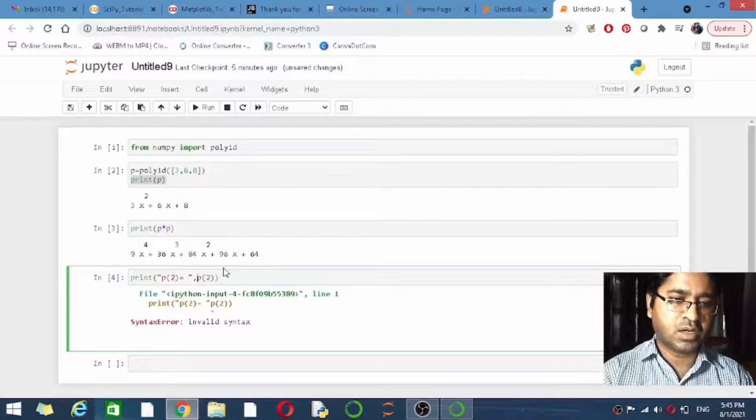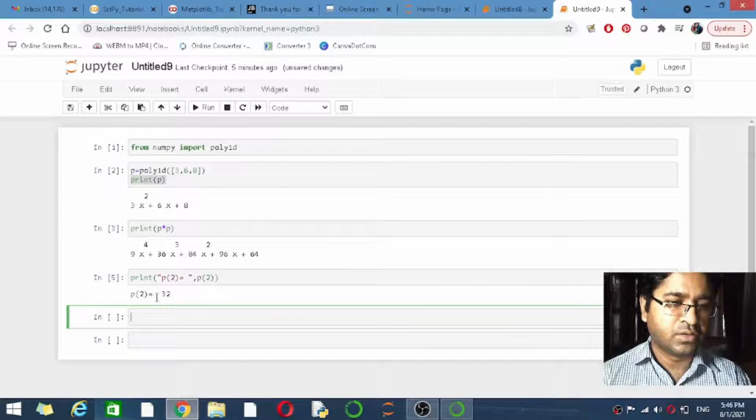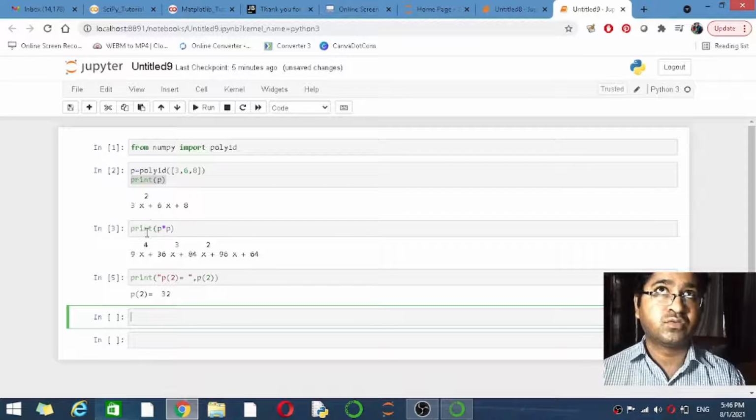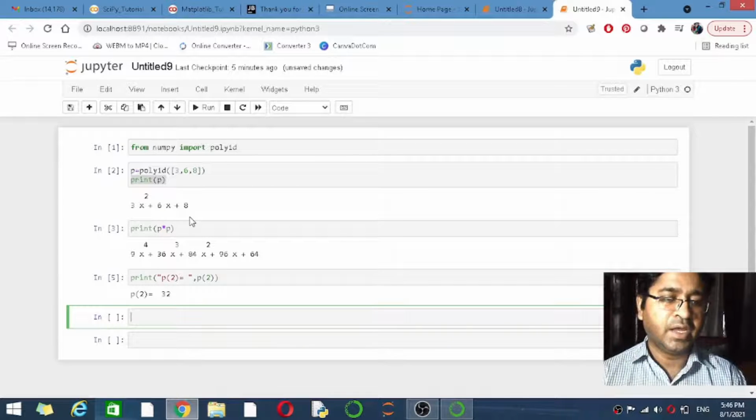I am missing a comma here. It's going to print 32, which means putting the constant value of 2 inside this quadratic equation. 3 into 2 into 2, that is 12, plus 12, that is 24, and then plus 8, that is 32. So it means p of 2 is equal to 32.